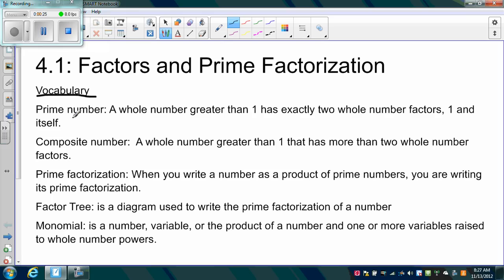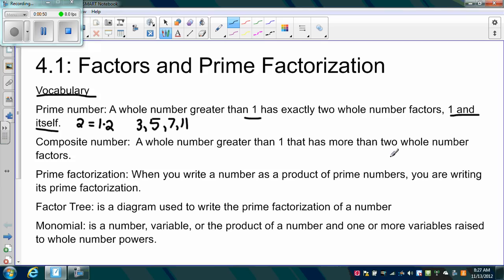Hopefully you're familiar with prime numbers, but examples of these include 2, because the only way to get 2 is 1 times 2, so the number itself and 1. 3 is another example, 5, 7,